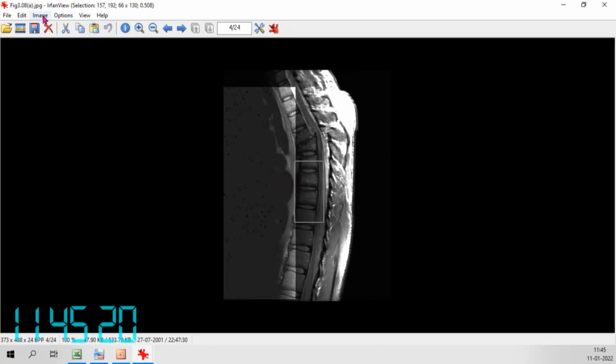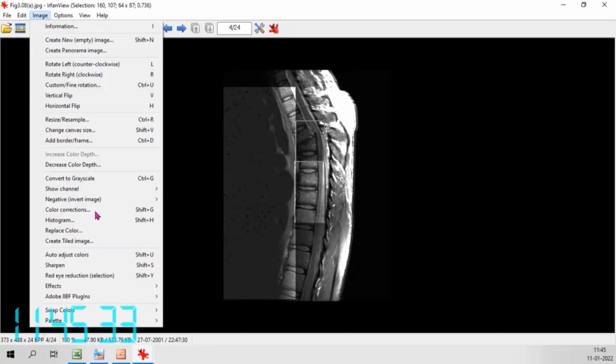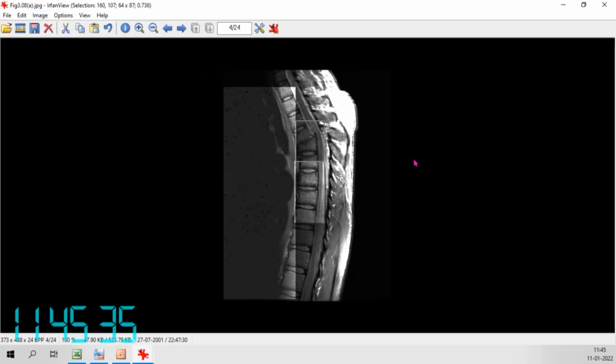This is totally black. Image, auto adjust colors. Now it has gone. Then this profile also has black. Auto adjust colors. Now it has gone. So like this, you do it on a partial scale.